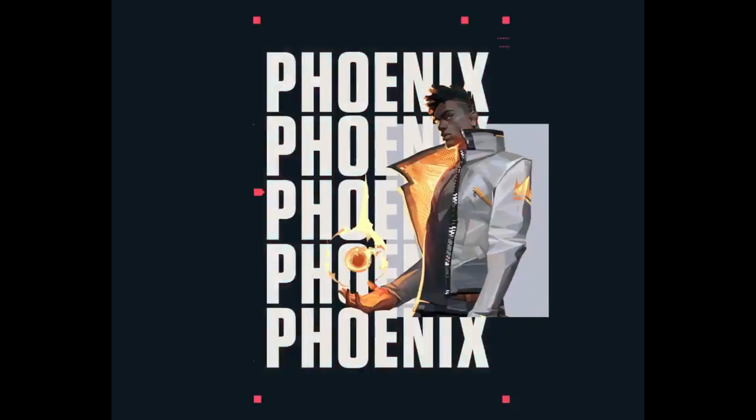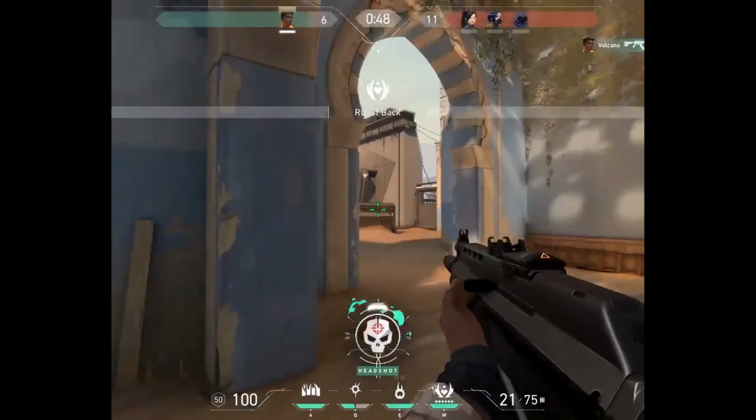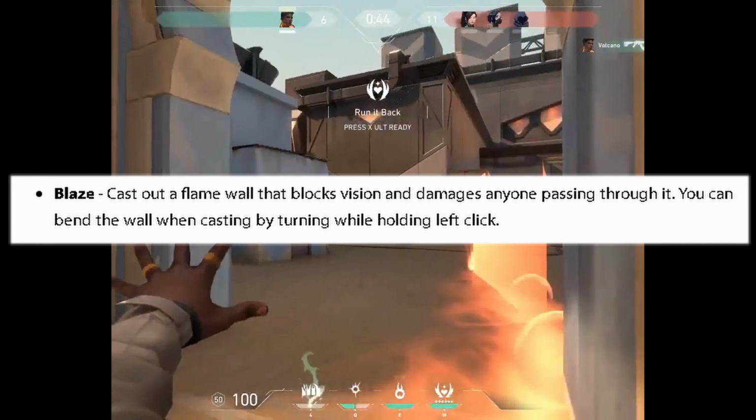Oh, you want to play? Let's play. Sit down! His first ability is called Blaze, which he casts out a flame wall that blocks vision and damages